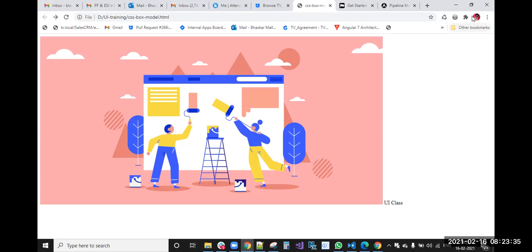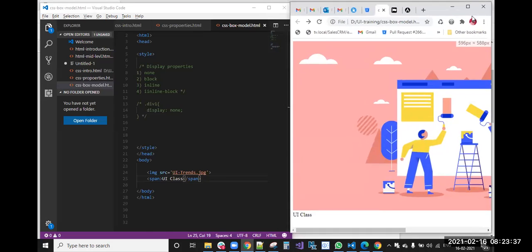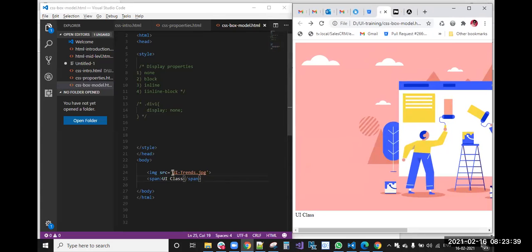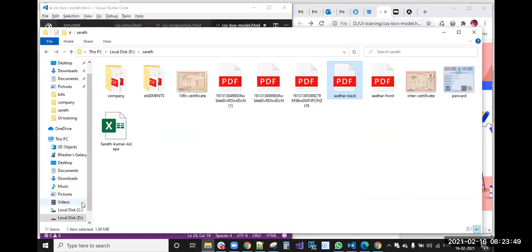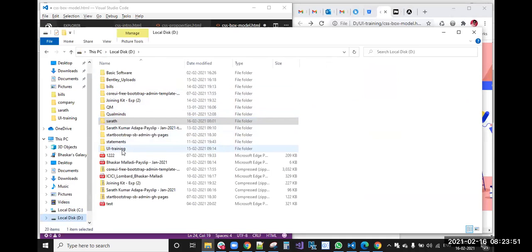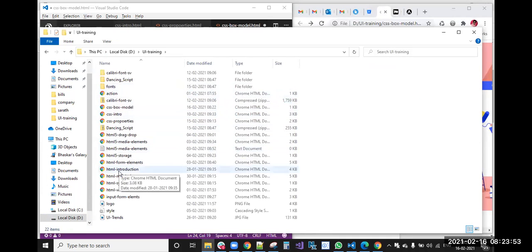And beside that is UI Trends. We have another logo there. We'll keep the small image to help you understand. That is the big image, logo.png.